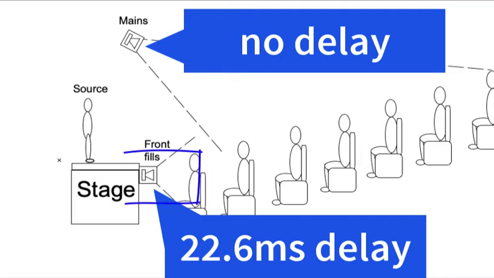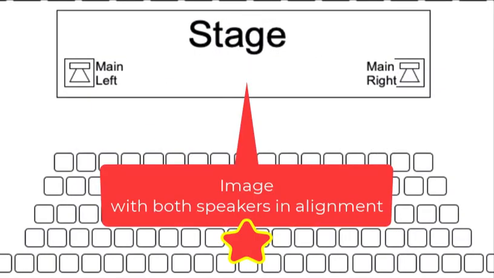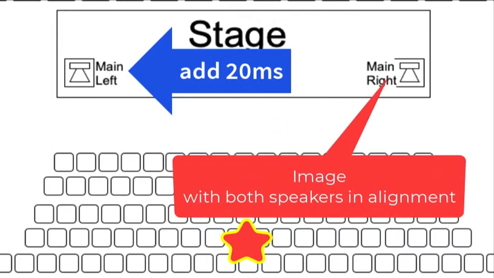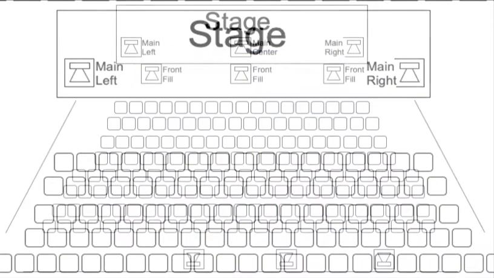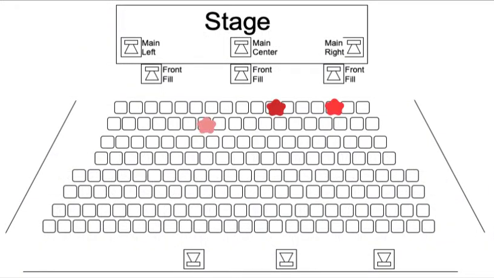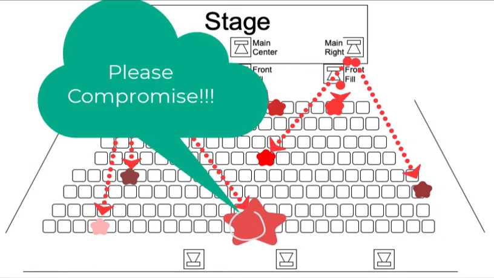This delay here would be a correct delay where you would hear both, which means if you're hearing both at the same time, your imaging is going to go right between them. You can try it on your left and right speakers if you ever want to. Put a left and a right speaker and put a different time delay on the left speaker, and your imaging will go to the right speaker. It's pretty interesting. Now, remember, every seat in the house has a different time zone, and each seat is a different distance to the speakers, so you're not going to have an exact correct measurement for every seat in the house, which is why we go back again to this idea of compromise.